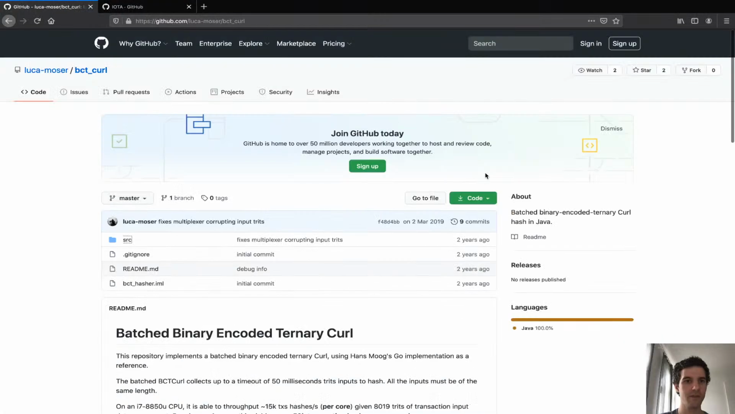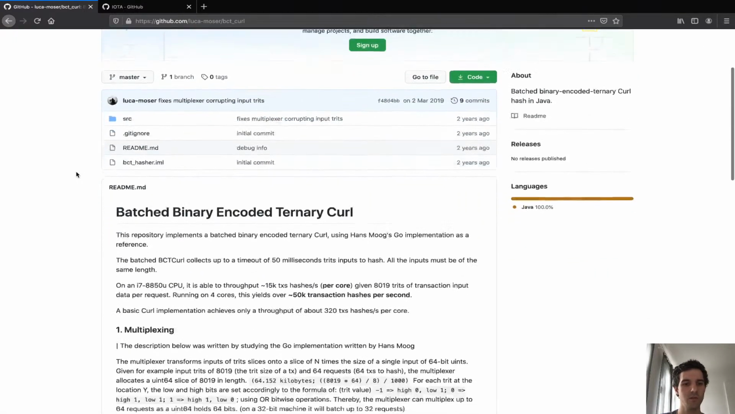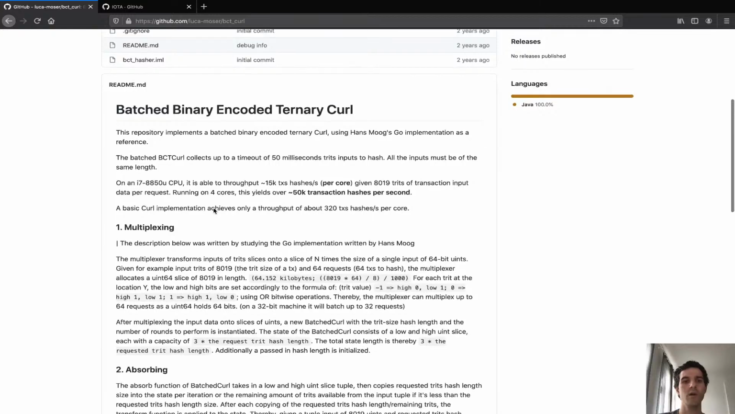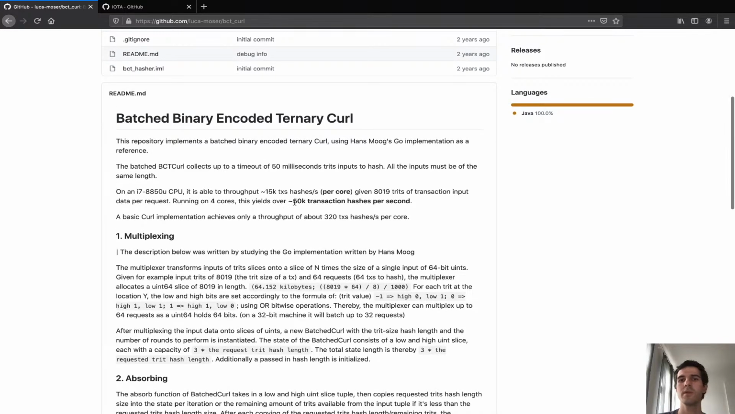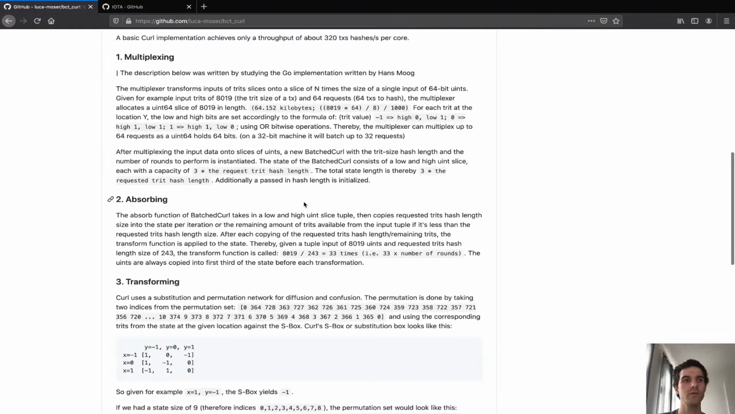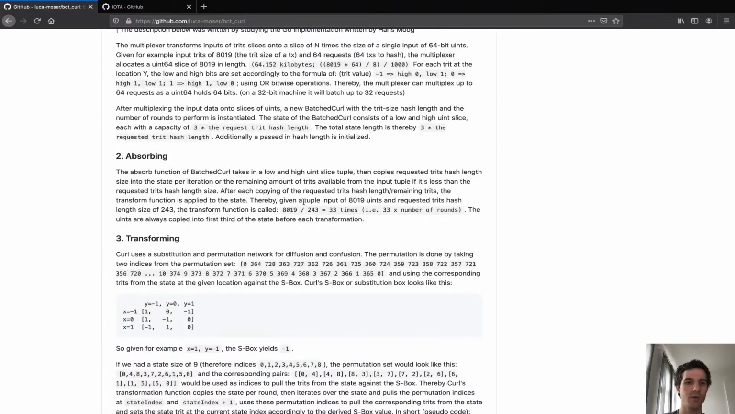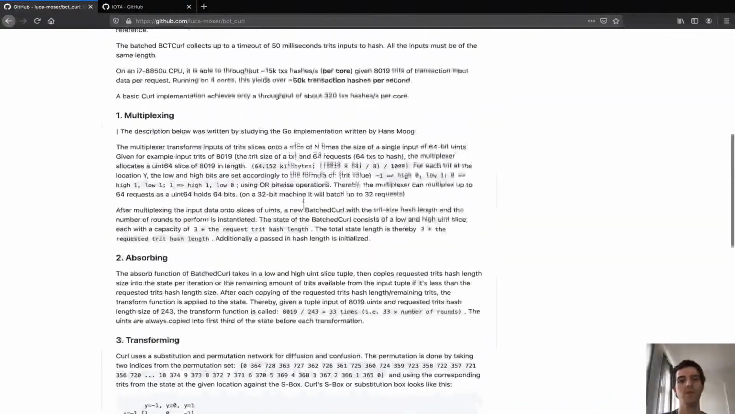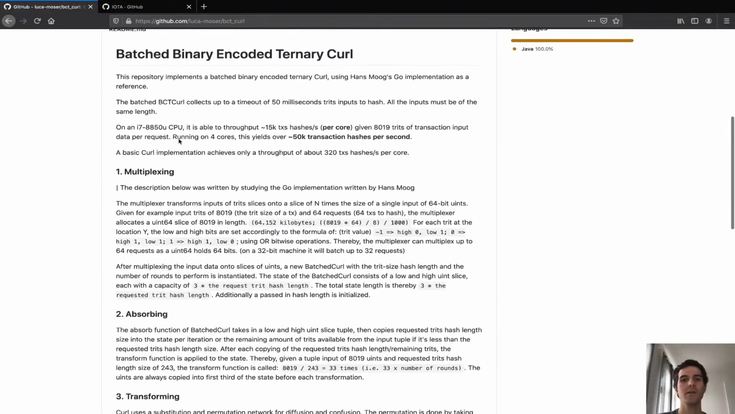So I'm going to give a quick overview of what it means to batch hash. Alright, so I have this thing open. It's on one of our developer, Luca Moser, on his personal GitHub. It's a nice little reading about batch binary encoded ternary curl. So I'm not going to go in full details of what exactly is supposed to happen in all of these operations, but the main thing to understand is that you use an array of integer and you pack